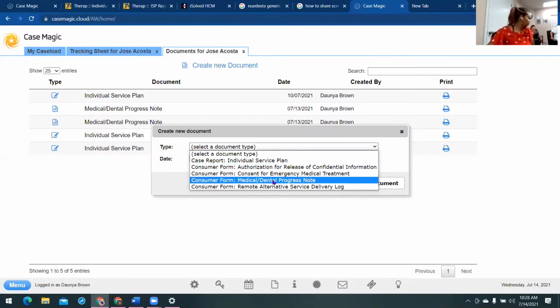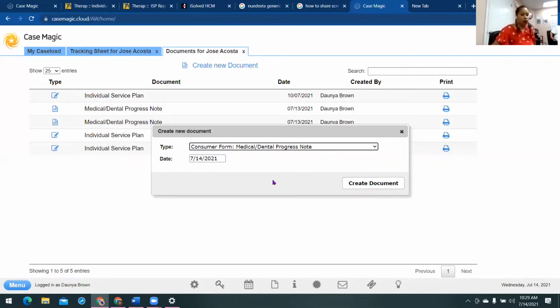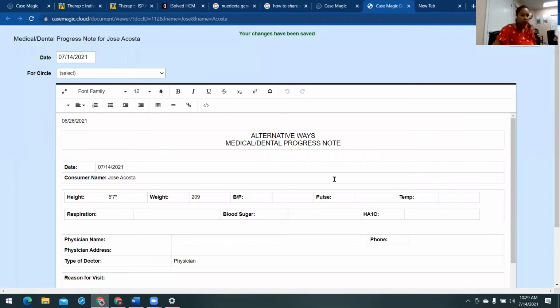Here's my question for you. We're still putting it in there, but I'm going to show you what you're going to be looking at. It's going to be in the form section. So for medical and dental in progress, when you're taking them out for appointments,